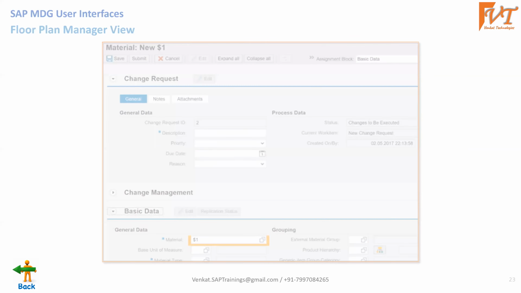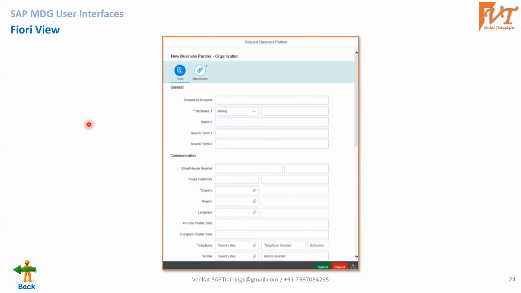So when I say integrated, if you look at this UI, this is a Fiori UI. These are lean applications. When I say lean applications, all the master data that can be controlled from the traditional FPM view or NWBC view may or may not be available in all the Fiori applications. So only the key master data will be available.